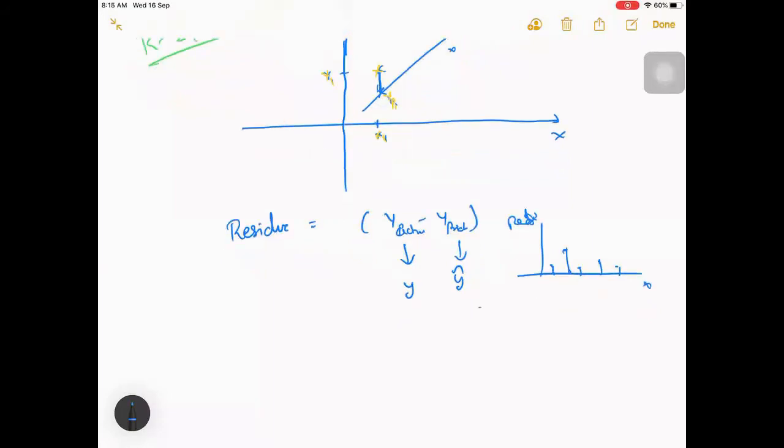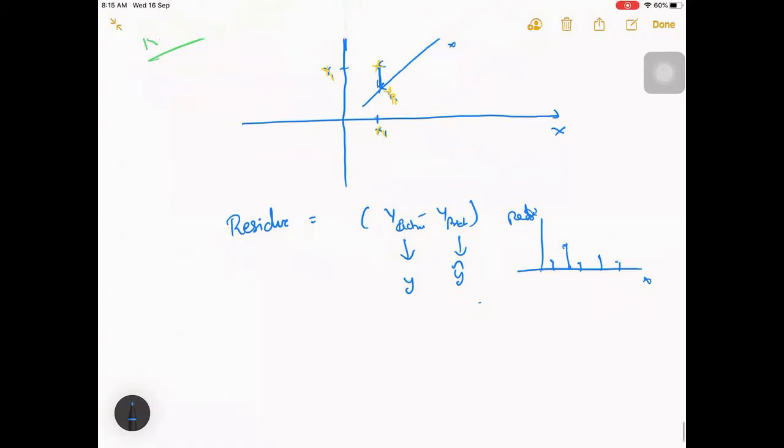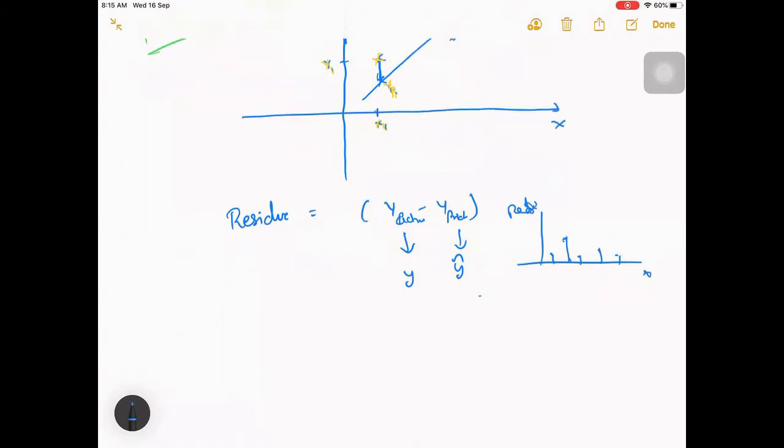Apart from this, what will be our R square? We are talking about R square, right? If you take the mean square error, it is similar to this.